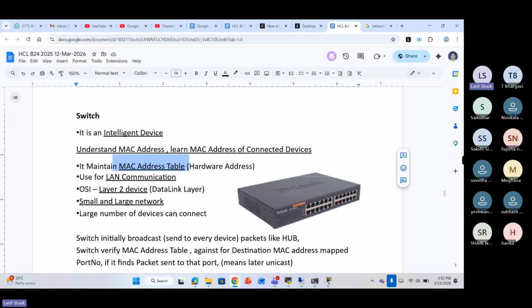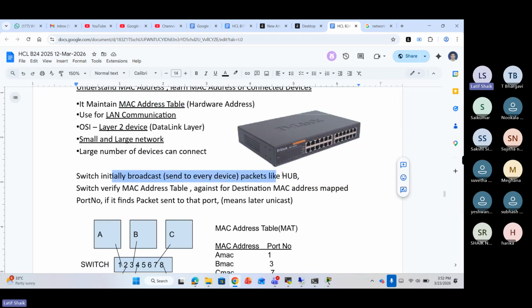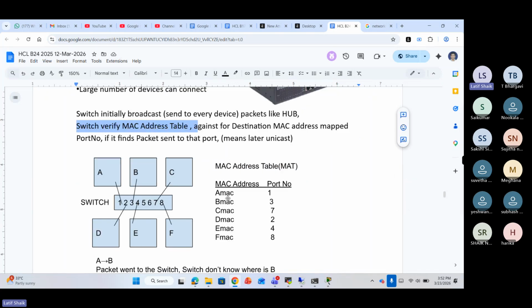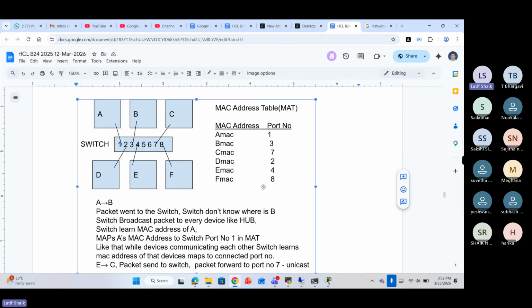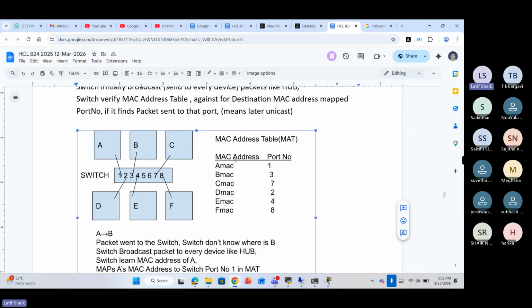This switch initially broadcasts packets to every device in the network like a hub. But the switch learns the MAC address of the incoming packet and puts that information into the MAC address table. So the switch uses this MAC address table to send the packet to the destinations. If you look at this MAC address table and the switch connectivity,